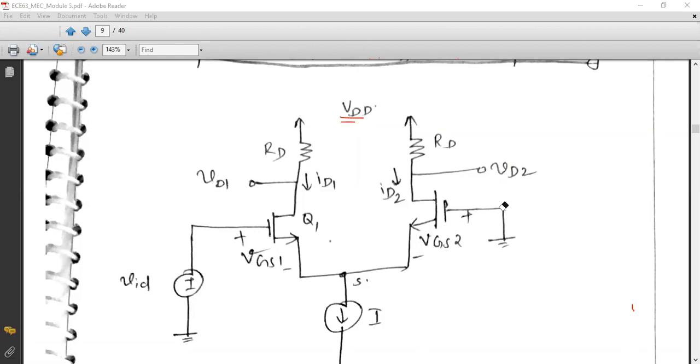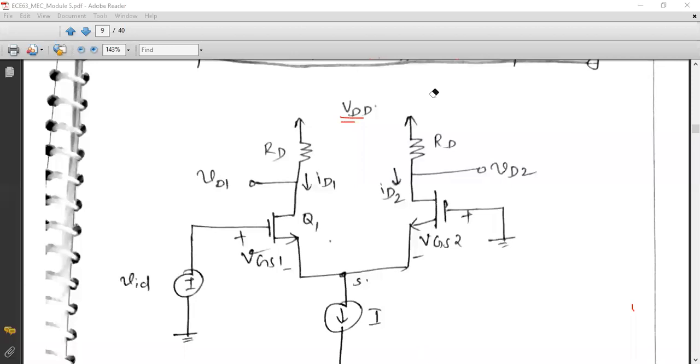In differential mode, we are always giving a difference in VGS1 and VGS2. There exists a difference in voltage for VGS1 and VGS2. Accordingly, either drain 1 will be more positive or drain 2 will be more positive. That depends on whether Q1 is more conducting than Q2 or vice versa. Clear? Any doubts you have?